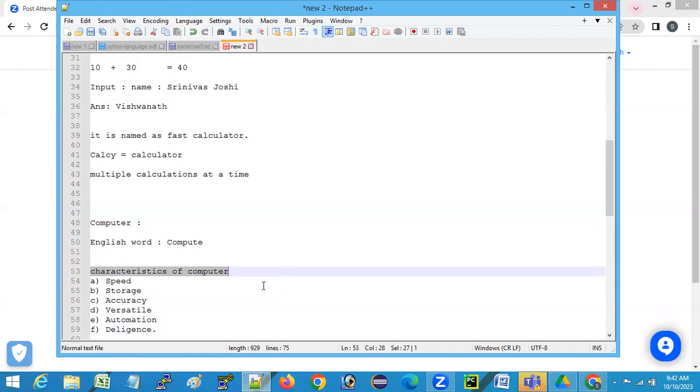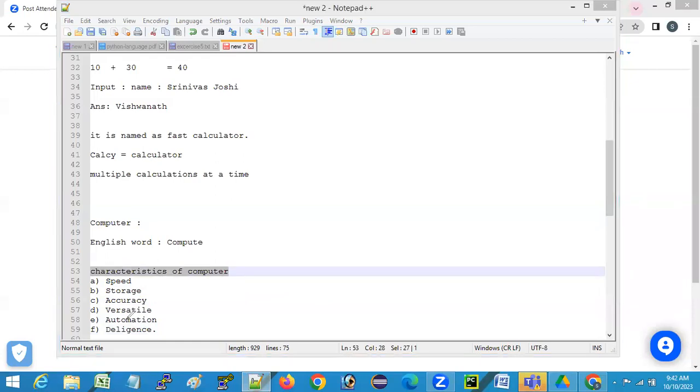What are the characteristics of a computer? Listen, why is the computer so popular, sir? However, the computer is made by a human being only. But it's very popular. When the computer came, the human beings became useless nowadays, right? So then you can ask that one. So why this one, sir? The computer is so popular because of these